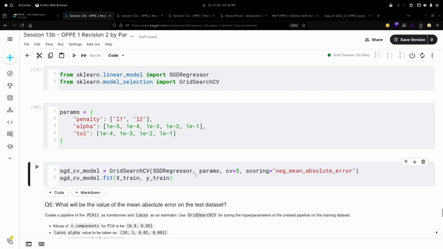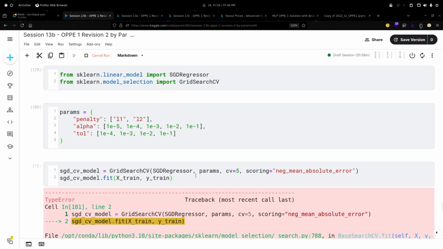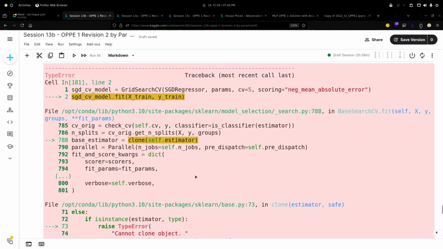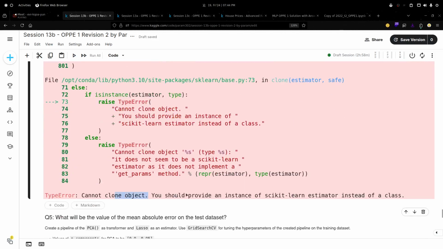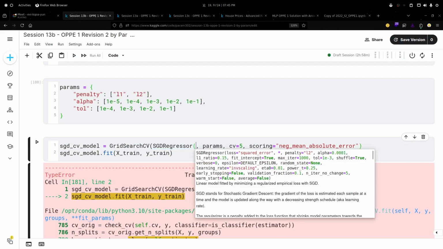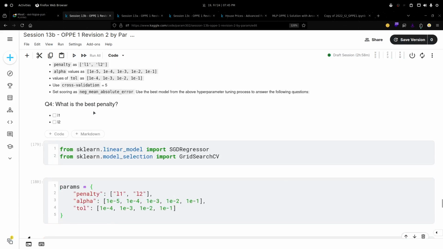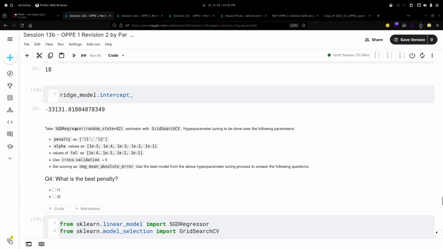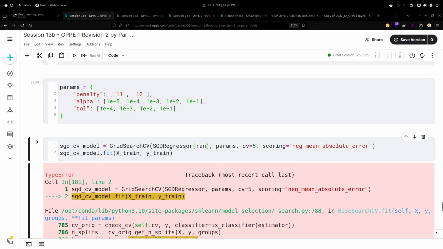Okay, so should I run it? Yes. I will get the error, of course, because it is saying cannot clone object. You should provide an instance. I have provided the class directly, so that's why I have to call it. Also, I have to set the random state for this, right?